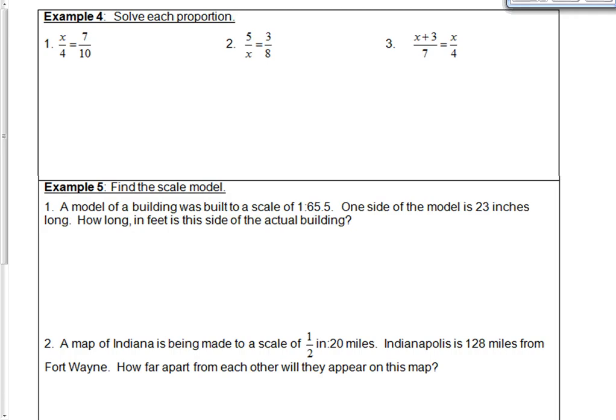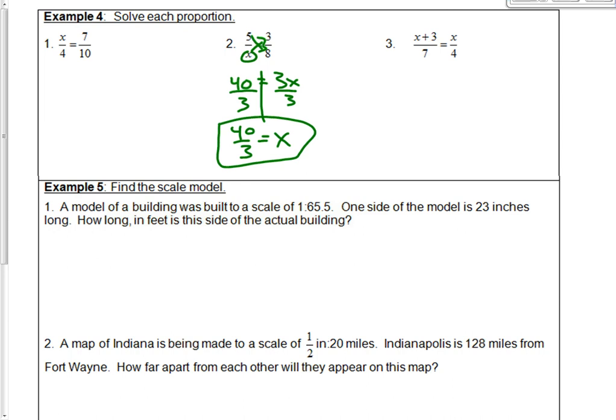Just a quick review on proportions. How do we solve proportions? Let's look at number 2 and number 3 here. All right. Remember, we cross multiply. 5 times 8 is 40 equals x times 3, which is 3x. Okay, and then now you just solve it. So you just divide by 3. So you get x equals